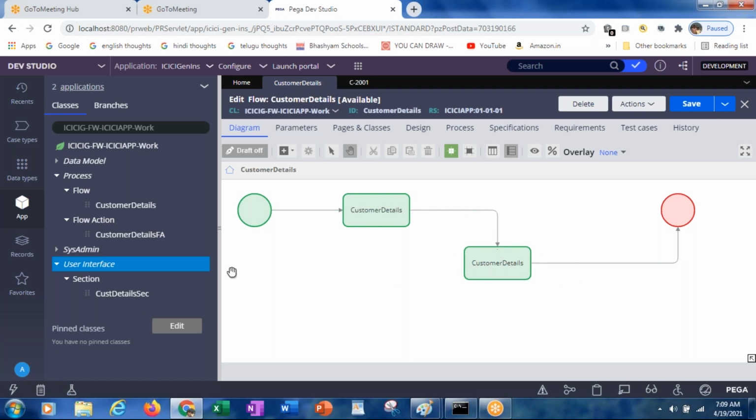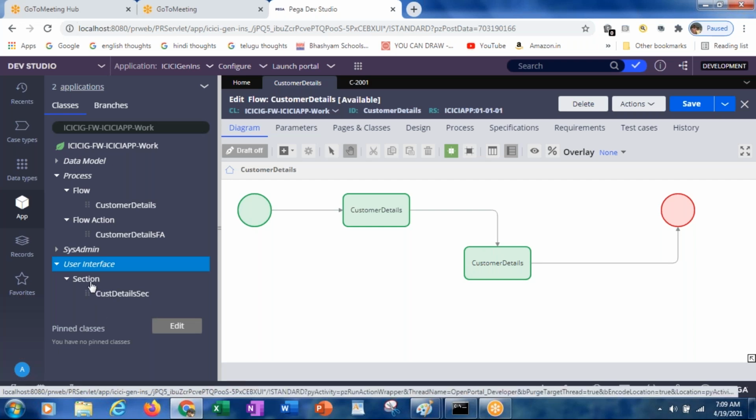For that, as I said, we need to create one more section. So press the right mouse button and then create. As we are already under the section, if you press the right mouse button on the section and select create, it will create the section directly.